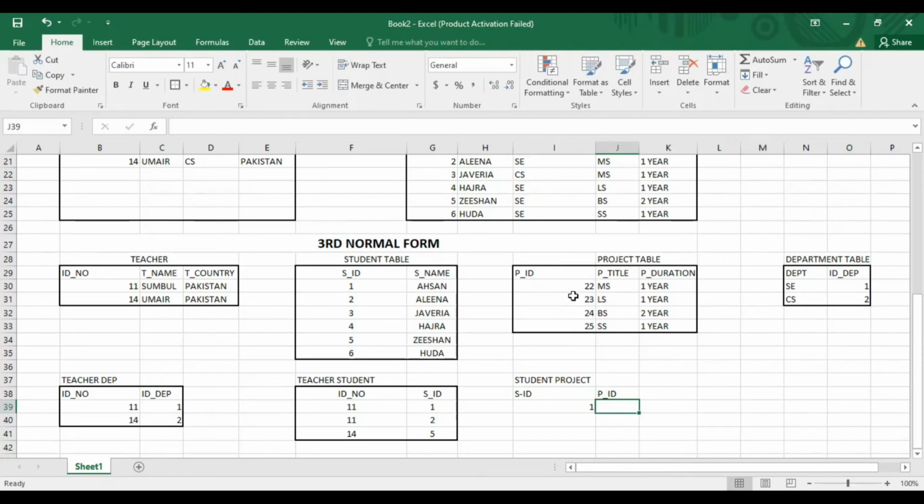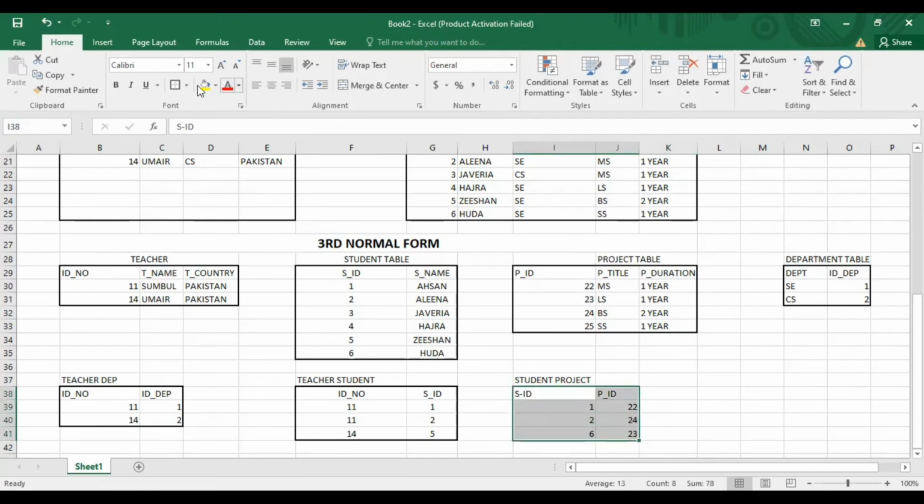Which one of the projects? So he is in 22. He is in management sciences. Student number 2 is in project 24. Student number 6 is in project 23. So that is how you can create relations. You can create multiple relations. Maybe it is possible that one student is in 2 projects, so write the student's ID and that project ID.